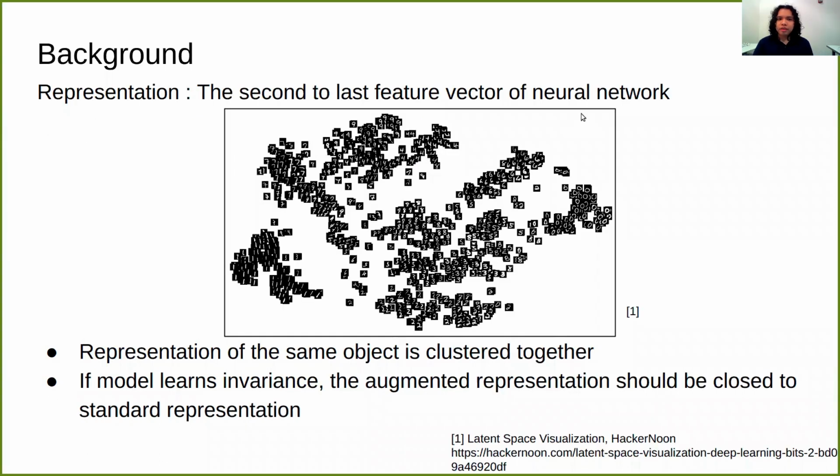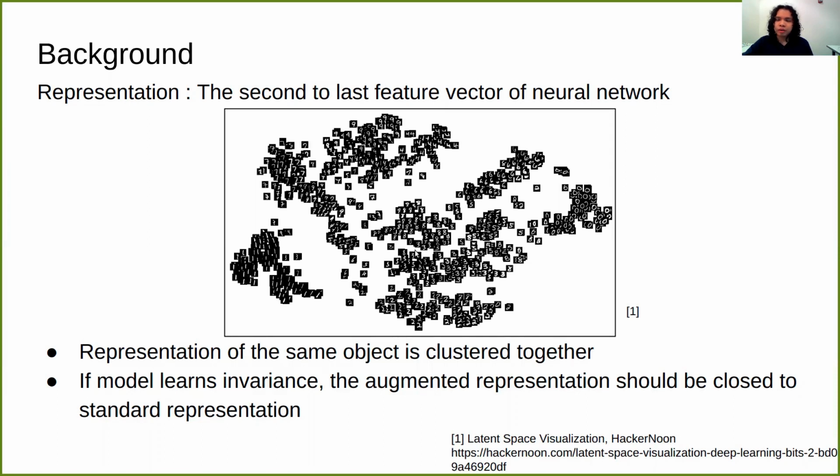We can analyze this effect using the neural network representation. Representation is basically the way you organize data in a compressed form. In a neural network, representation is the second to last feature vector. Also, representation has the interesting property of clustering objects from the same class near each other. As we can see in the image, number 1 images are clustered near each other and near number 7. Number 8 is clustered near each other and near number 0.